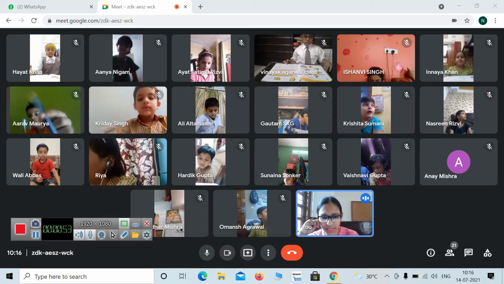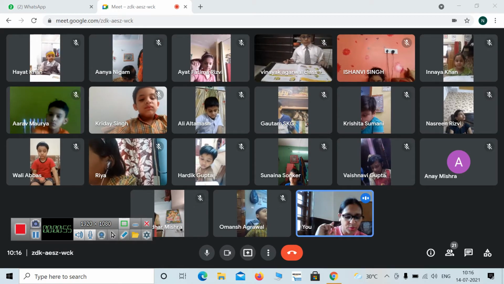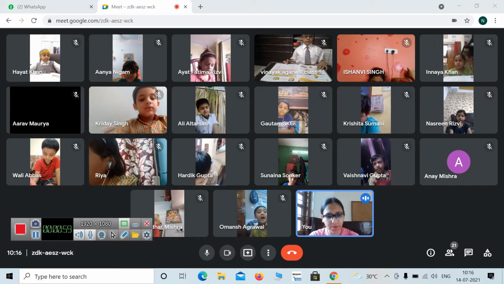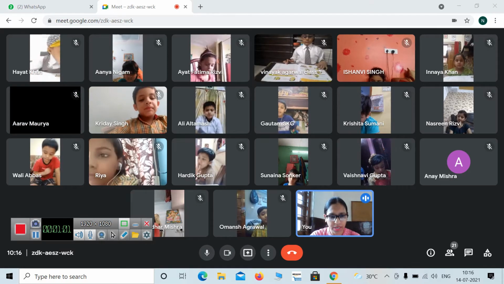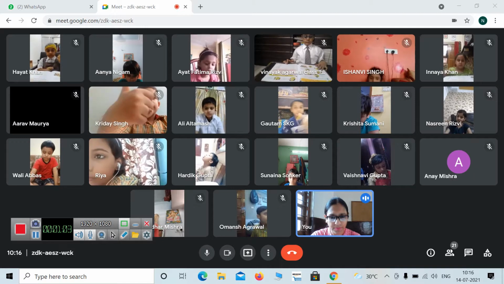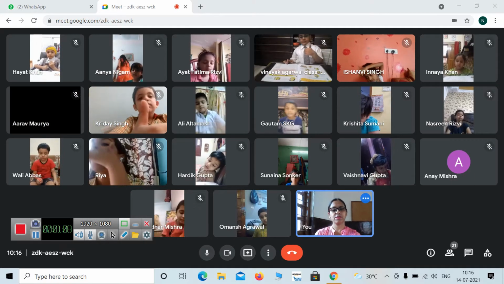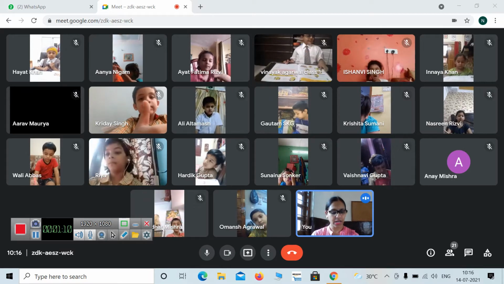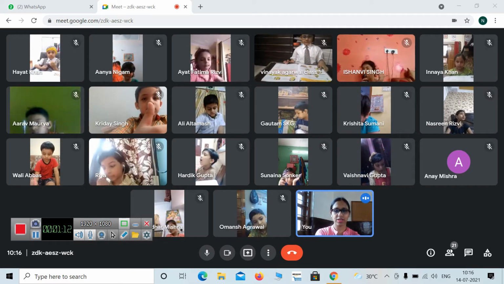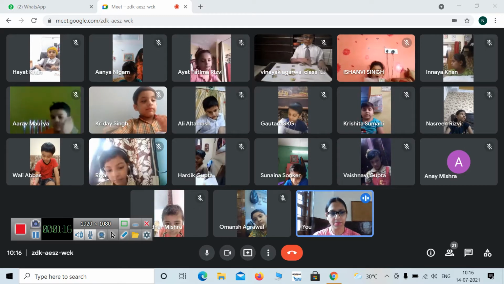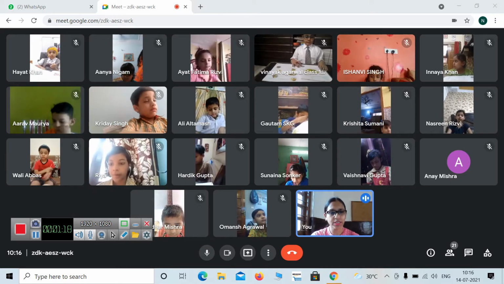Remember we did this exercise that day, underline the pronouns and write them on the blanks. We did this exercise, everybody completed it? Give me a thumbs up. Now turn the page. Page number 20. Come to page 20.